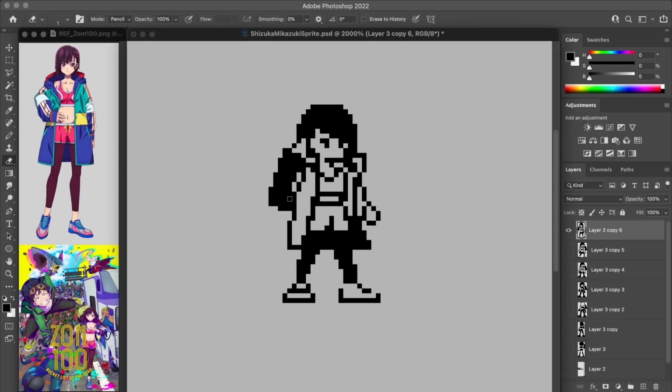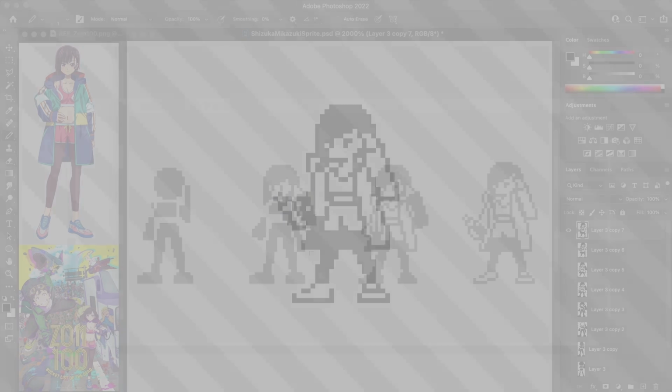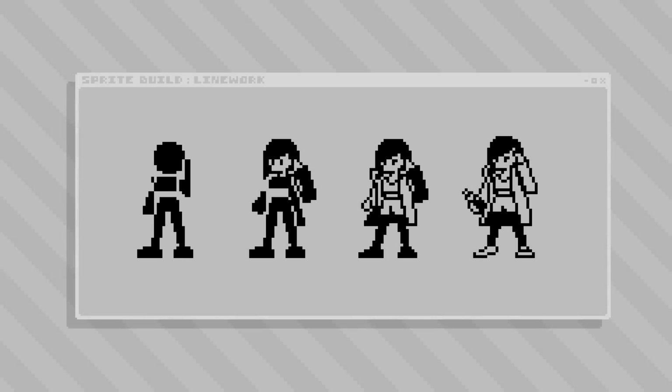I feel like the look of this character though is so strongly driven by the color blocking of the jacket. So with the line work phase, I only got it to a point where those major pieces of the clothing are carved out, and the pose is more or less readable, but still in a place where it can definitely be enhanced through color and shading.